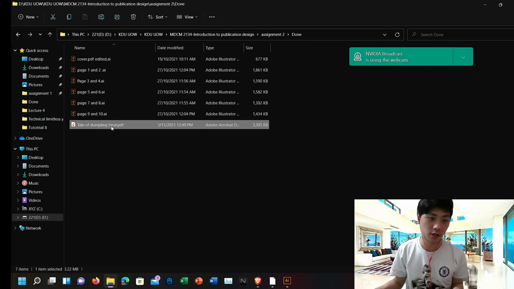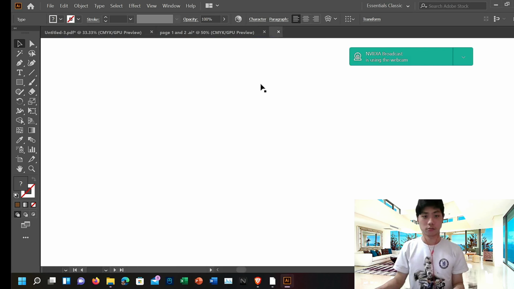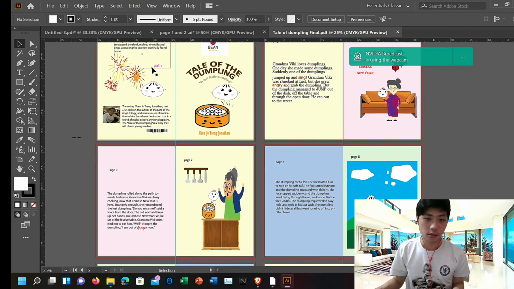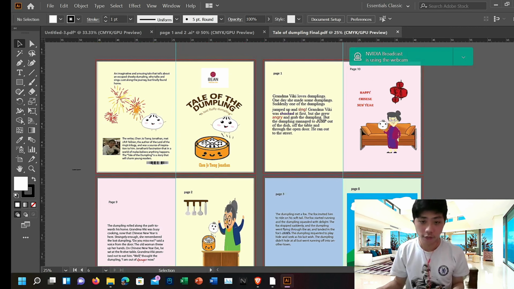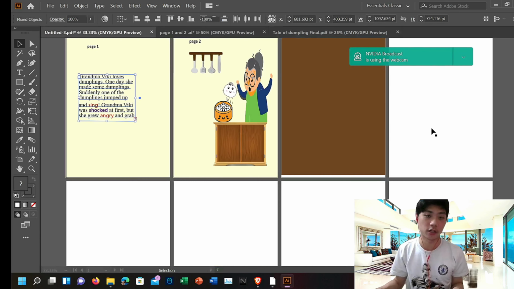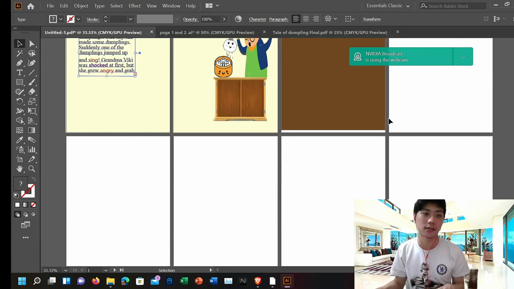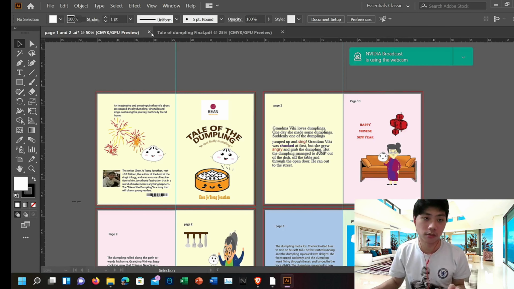So let me open this in my Illustrator. Open Adobe Illustrator. You will see that in here I set 2, 3, 4, 5, 6 artboards. If I want to create multiple pages, in case I want to save paper, instead of doing 10 pages for 10 artboards, you can also select 6 pages. So what I'm going to do is,